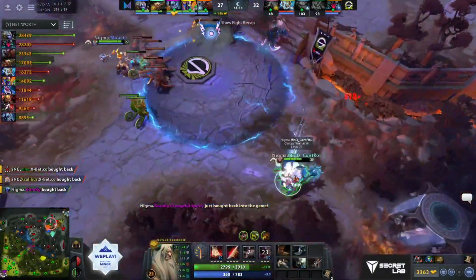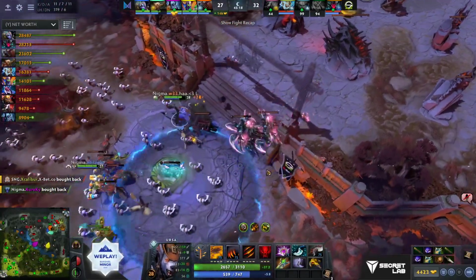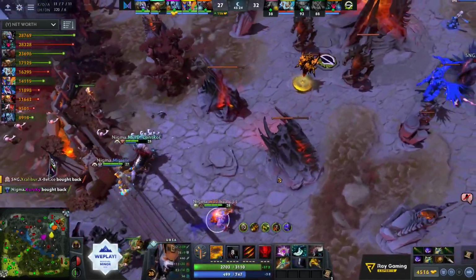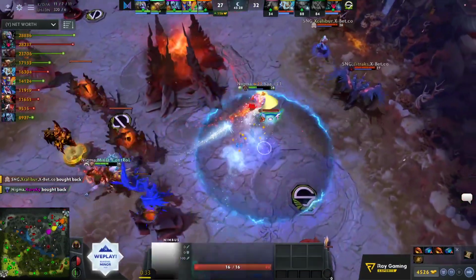Buyback now, it is onto Vengeful Spirit. Important for Nigma there that Tinker doesn't die. If he dies, they actually can't even punish these 3 heroes being dead, probably. But now, the numbers advantage is probably a bit too overwhelming, and this should more than likely spell the end of the game. Unless Weeha...